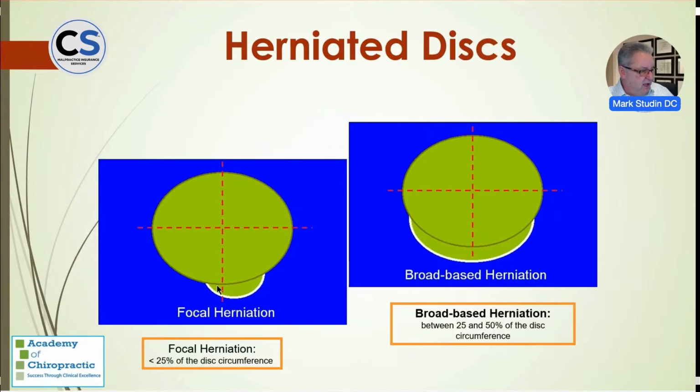Now we've got a focal herniation, which is 0 to 25% of the circumference, or broad base, which is 25 to 50% of the circumference. Which one is worse? Well, the arbiter between good and bad of space-occupying lesions with respect to the spine is that which compromises the neurological element the most. And in this case, which is counterintuitive, it is the focal herniation versus broad base, because focal usually sticks out further and catches the nerve. So the neurosurgeons all tell me focal is usually a lot worse, even though more disc material can come out in the broad base scenario.